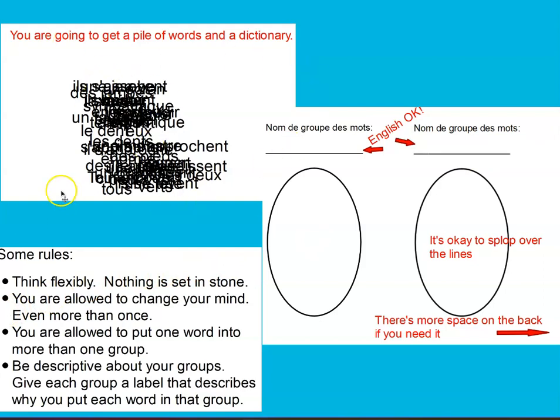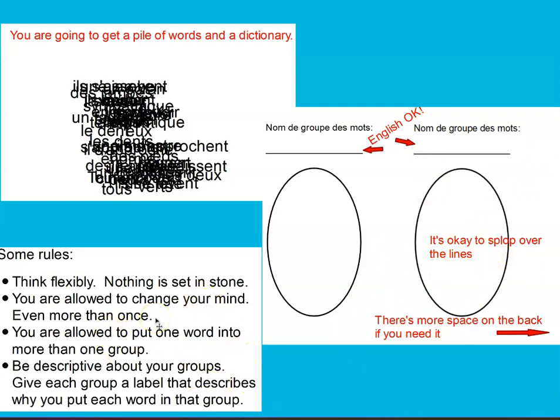And so I give my students instructions. You're going to get a pile of words and a dictionary, and here is a graphic organizer I give them, and it's just got the ovals on it, and you'll see in a second what I do with this from inductive learning. And here, because we're trying to get them to have that critical thinking, I allow them to write in English up here if they want, if they're sorting their words by some category that they don't know in the target language, okay? And of course, there's more space on the back if they need it, and they can plop over the lines and all that stuff.